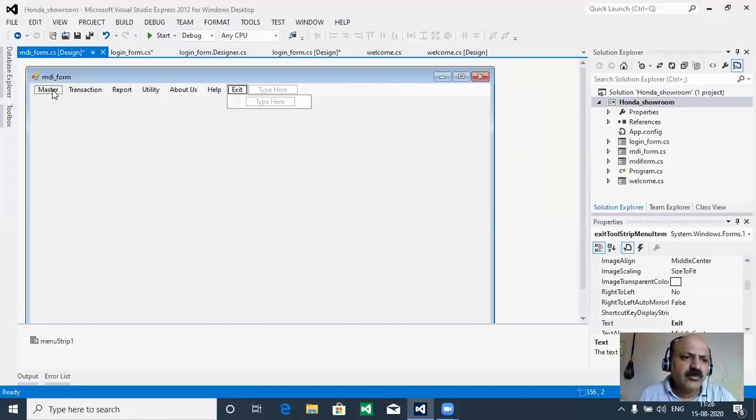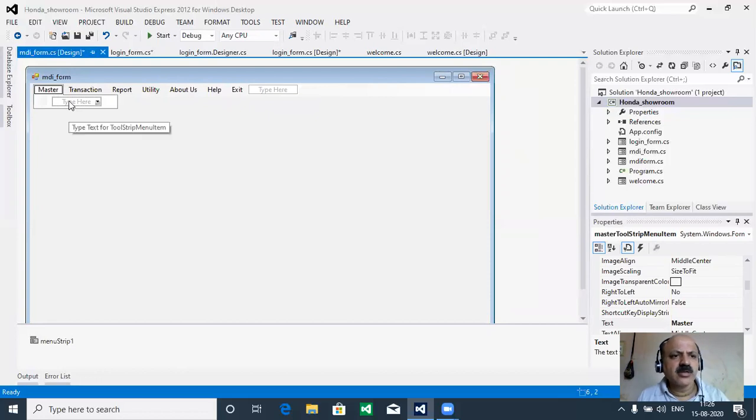So now, according to our project on the showroom inventory management, you can define your requirement. That is just a sample of how an MDI form is designed. You cannot directly take this menu into your project, because that is a sample, just showing how many possible combinations there are, almost all possible ones according to this project.